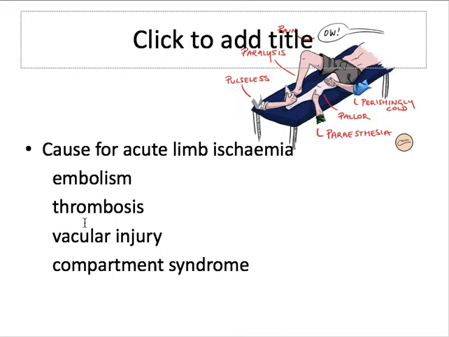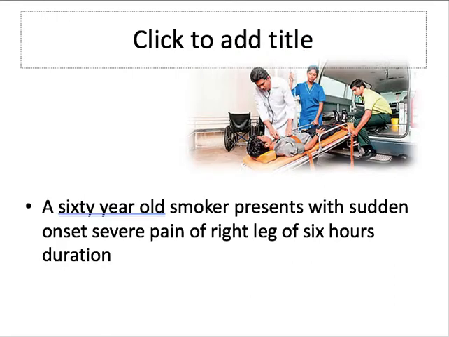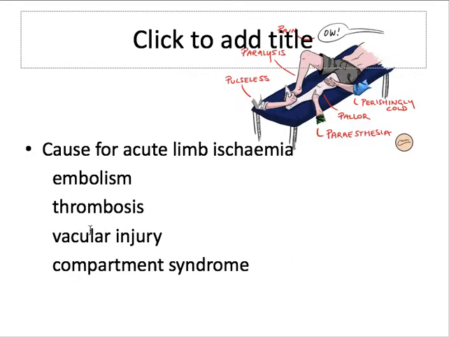Vascular injury is excluded in this patient because there's no history of trauma. So that's out. Compartment syndrome I'll take in a while, but with the pulse being absent, it has to be one of these two, because absence of pulse is not diagnostic of compartment syndrome. But of course, there can be a secondary compartment syndrome. Don't get confused at this moment. But this person coming with severe pain, other things excluded, pulse being absent, no trauma, it has to be either embolism or thrombosis.